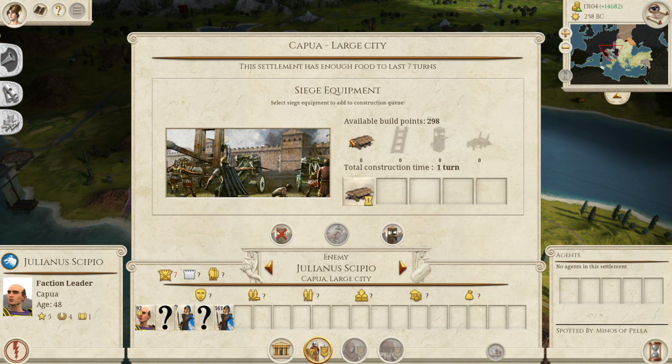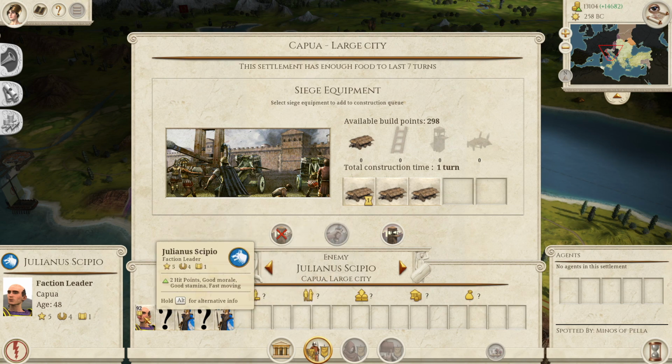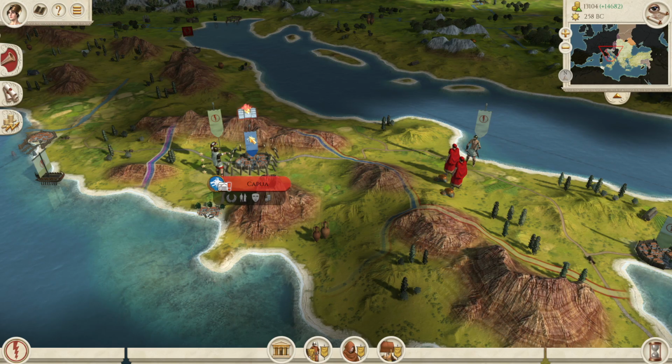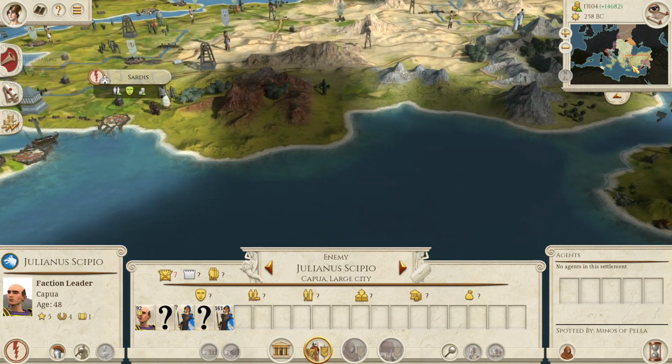Let's do that now. Start this off. So they've got Principes, they've got their faction leader Julianus Scipio, and that's about it. We should be able to handle that stuff completely fine. Yeah, really strong force here, so that shouldn't be a problem. Okay, so next episode, the Scipii should be going down, likewise the Seleucid Empire, and we'll be